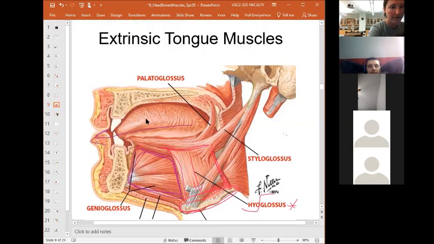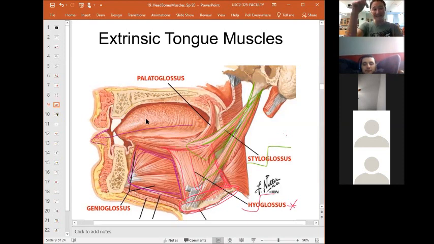All right, so remember that this here is the styloid process. Okay, so the styloid process is the origin, and this entire muscle here is the styloglossus. The styloglossus is again responsible for retracting the tongue, but instead of pulling it down like the hyoglossus, it pulls up towards your ear, and so this helps you to elevate your tongue towards the top or the roof